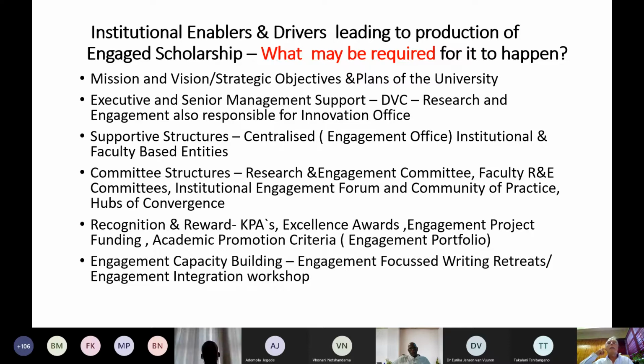And then I think what is important is it should form part of academic promotion criteria. So when you present your teaching and learning portfolio, your research portfolio, you also present an engagement portfolio, and you indicate when you do your teaching portfolio and your research portfolio how you've integrated engagement into teaching and learning and into research. And we have specific criteria that we look at. Coming back to funding,